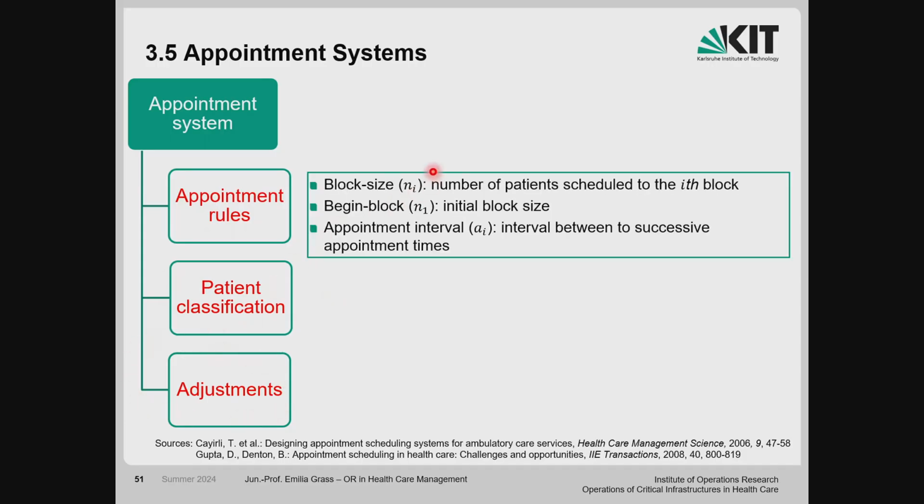And here we have to differentiate when we talk about appointment rules, because every clinic, every physician could have a different appointment rule. And these are based on what kind of block size we have. This is the number of patients scheduled to a particular block. Okay, so we have, let's say, 1 hour blocks, and the size is always 5, so we always have 5 patients per hour. This is our block size. We could have a beginner block, a starting block at the beginning of the day. It could be beneficial, I will show that in 1 minute.